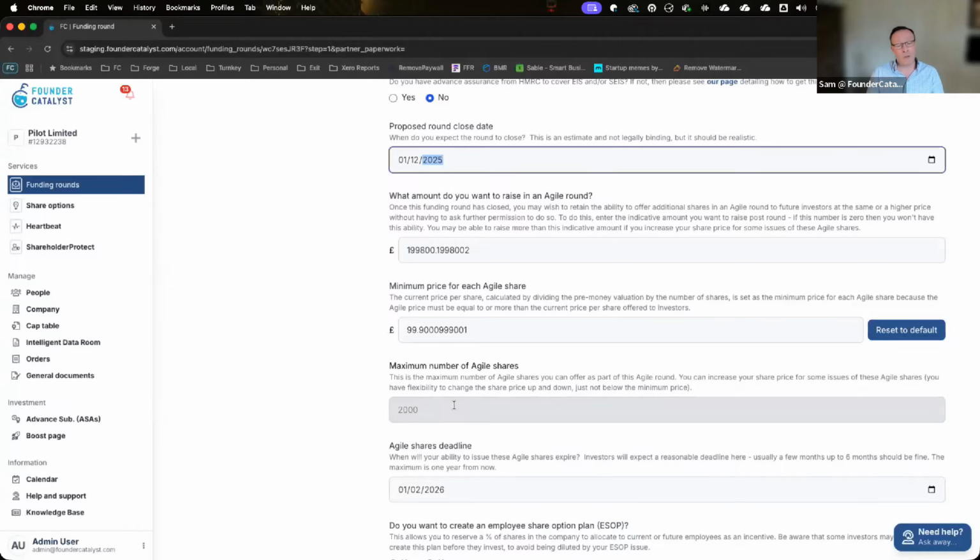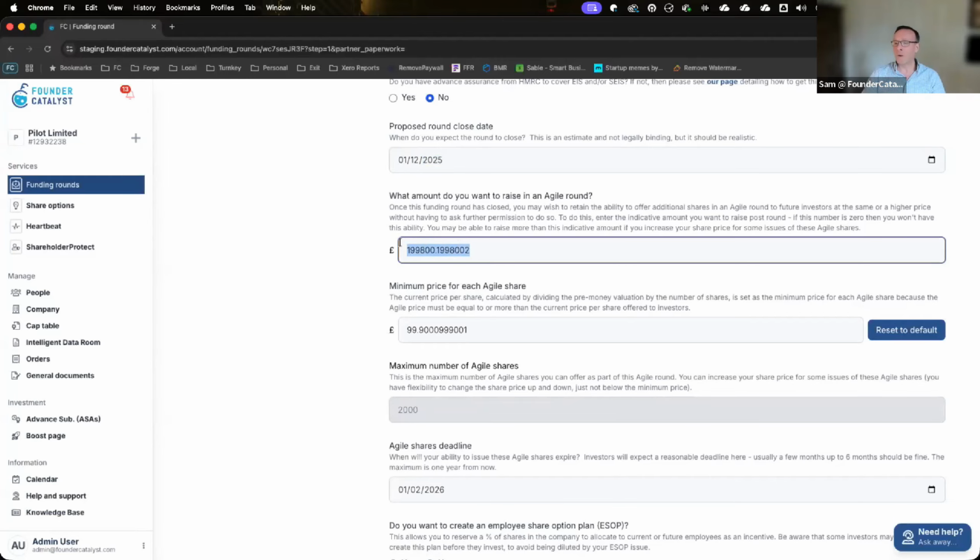If you've left Agile open, you can make use of it by opening an Agile funding round. If you haven't, then you need to jump through some additional admin hoops to do that. So this is a good thing from a founder point of view, even if you're not sure if you'll need it or not. So the first thing you indicate here is how much you're fundraising,